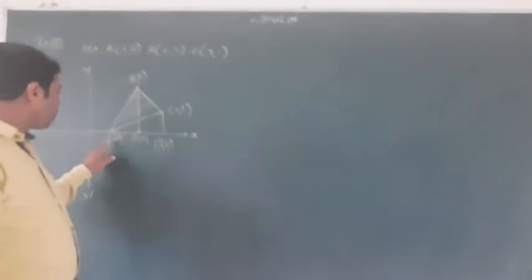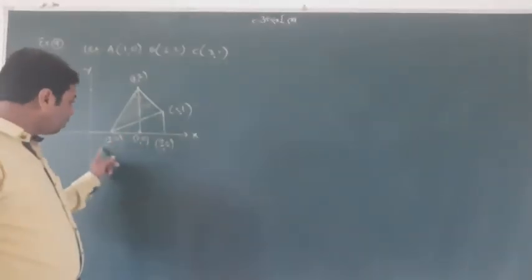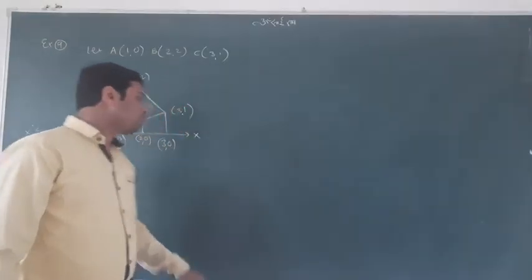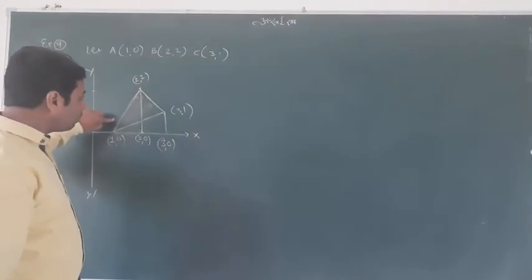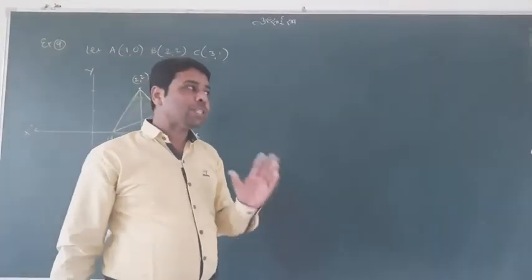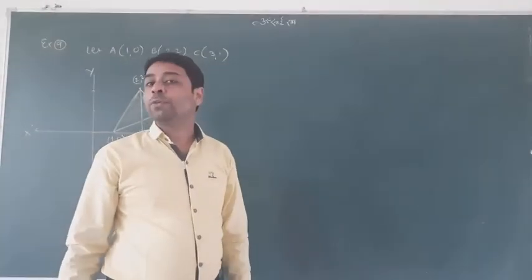The first area is between 1 to 2, the second 2 to 3, and the third 1 to 3. And that is the rule. But the question is here: we don't have a function. This is a line, but I don't have its equation, and I need a function y equal to. So the first aim is to find the equations of the lines.